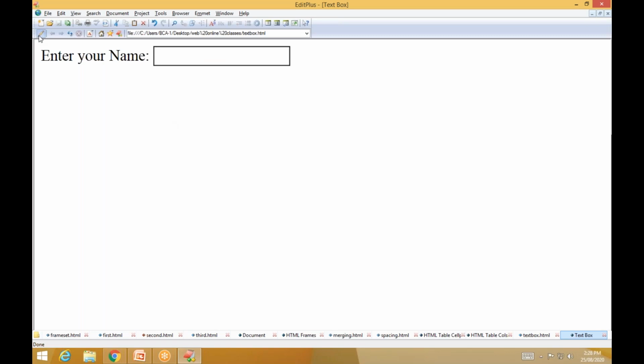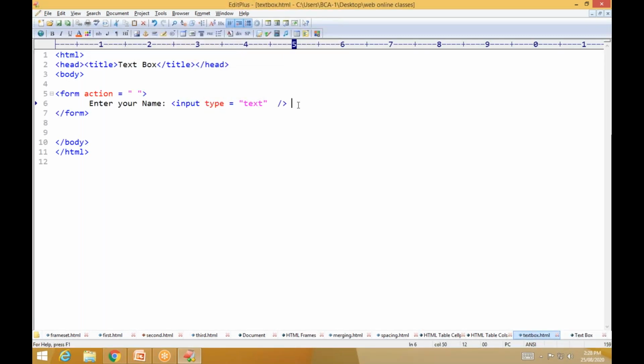Now after that, if you want to create one more text box, or else the size. For example, I already used name here. If you want to create a form, store the data, or check the validation, in this situation we need the name of the form and the name of the text box.